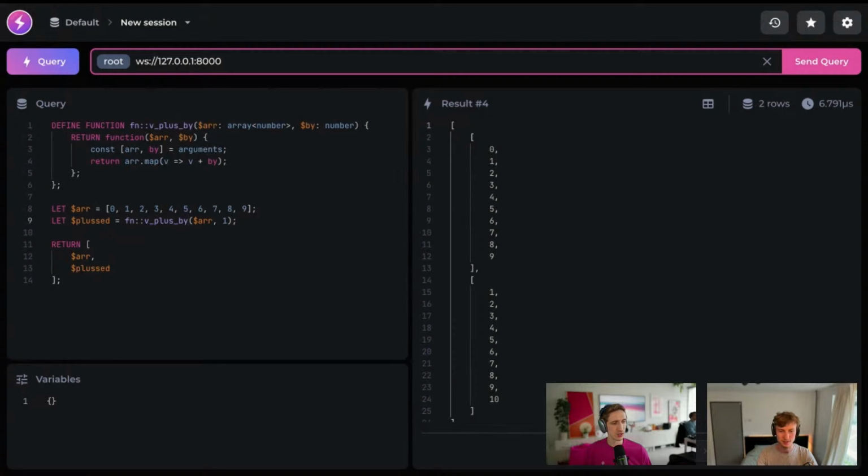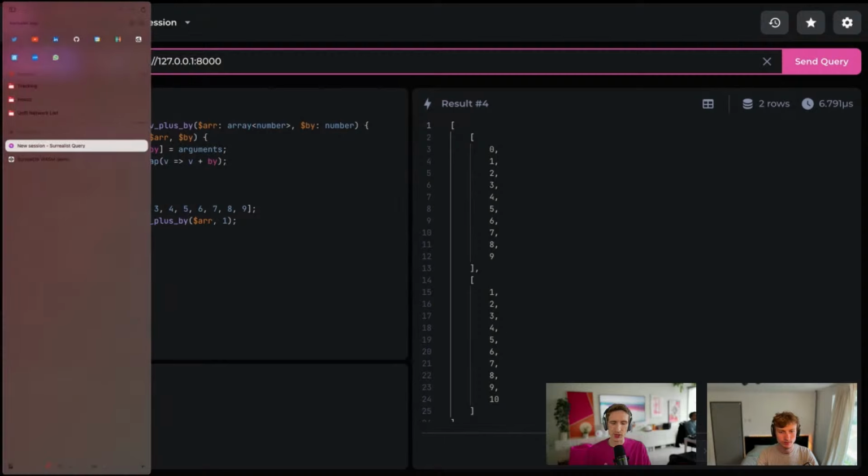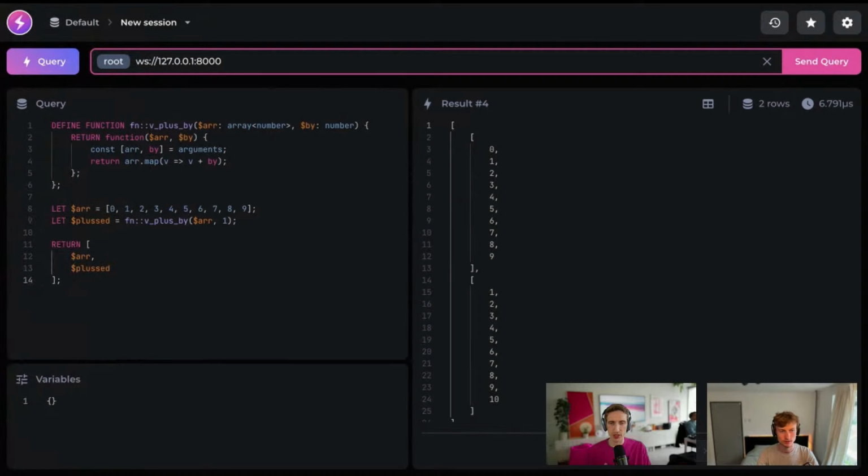Okay, that should be it, I think. So they're interesting. A few complex things here which some people might not have used. You've got define function, which is creating a SurrealQL function. So they're very performant, very quick. And then you've got the second line, which is returning a function. So it's returning the result of a JavaScript function.